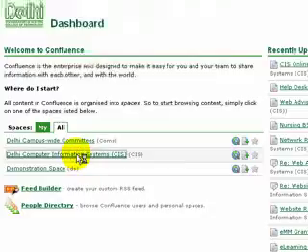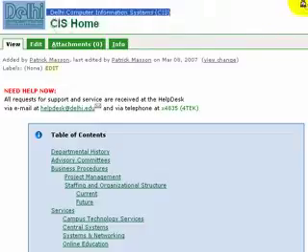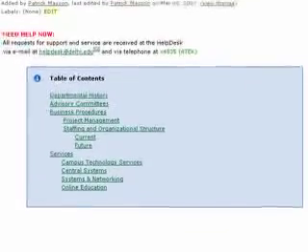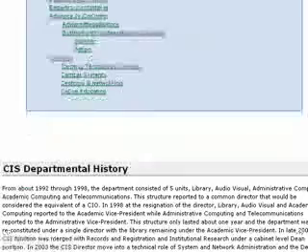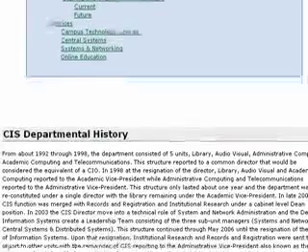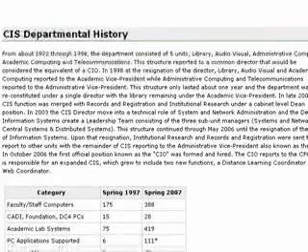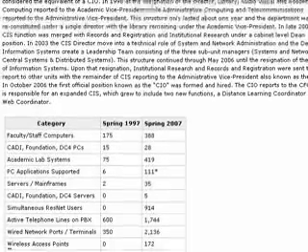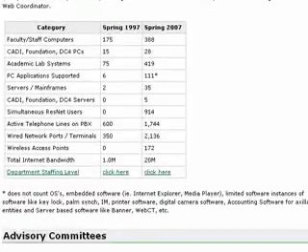When you click on our space, it brings you into our home, which has a table of contents, which can be made using the wiki markup language. As you scroll down, we've divided it up into separate sections using the header commands, such as a departmental history, and tables that show different numbers and statistics about data,